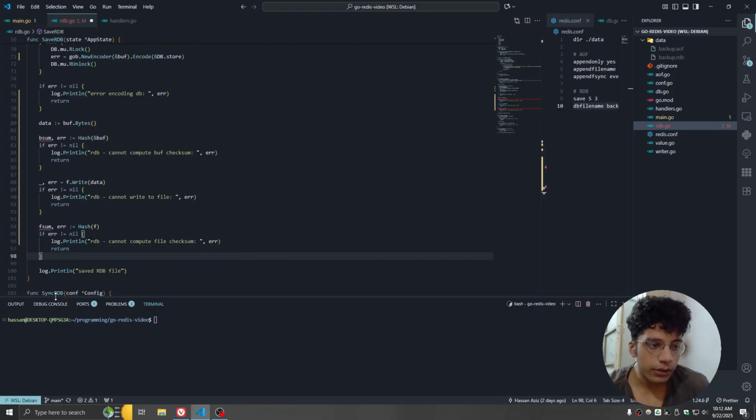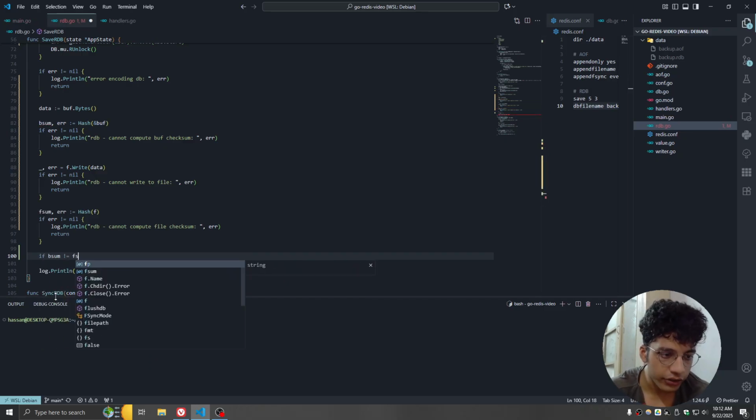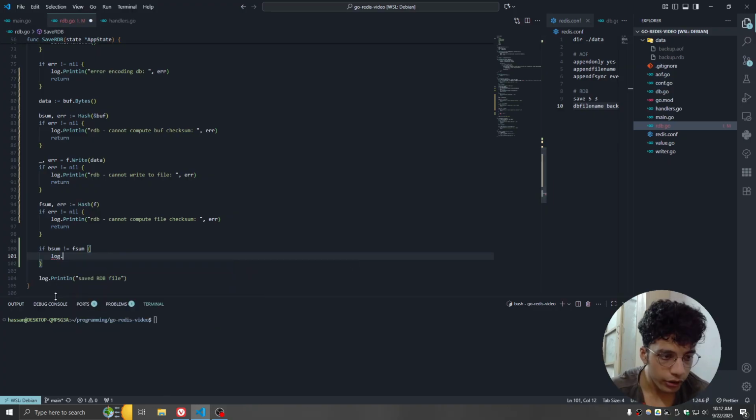So now we have both the buffer checksum and the file checksum. So let's print both of them if they don't match, right? If the buffer checksum does not equal the file checksum, we're going to log an error. I don't know why I confused the two. Let's say buffer and file checksums